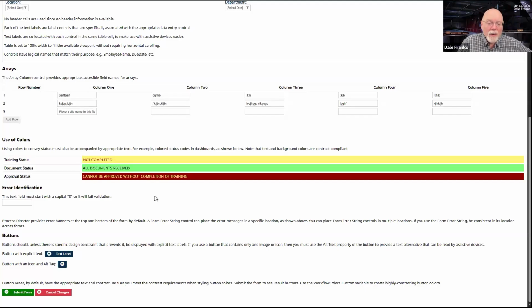You can use colors all you want, but those colors must be accompanied with some text representation so that there is an actual value or text that can be read by an assistive device to convey whether this is not completed, all documents received, or cannot be approved without completion of training.